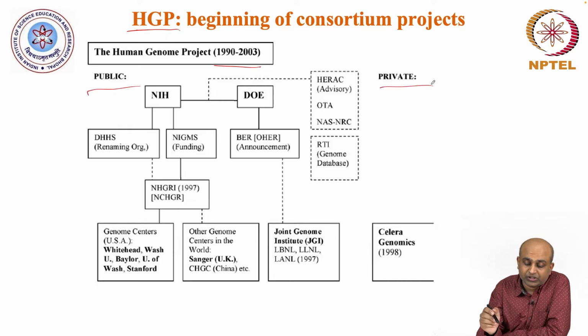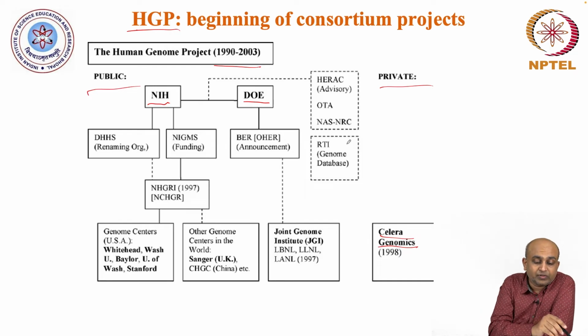and there was both public and private contribution to the Human Genome Projects. Of course, the Celera Genomics, which we talked about in the very early lectures, was the company that was a competitor but then became part of the project because the efforts were pooled. And within the public initiative there was the NIH, then of course the Department of Energy, and there were various sources of funding that was coming into this, and then there were various entities that were controlling how the project was coordinated.